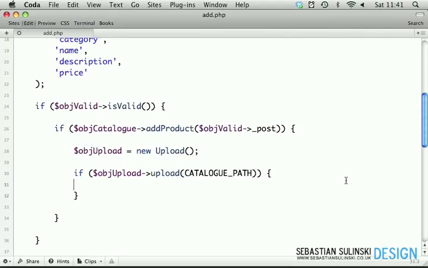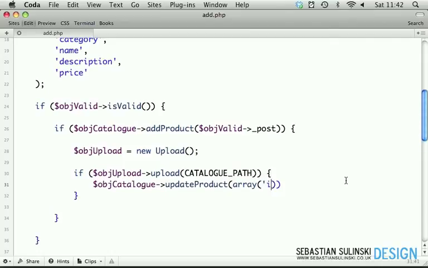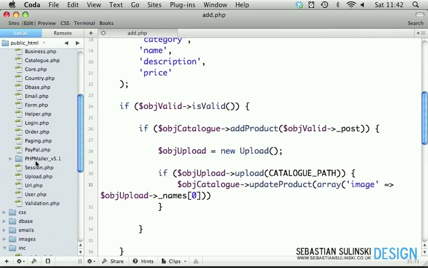So if it uploaded successfully, then we create an object catalog and use the update product method. We're going to pass two parameters. The first one will be an array of the fields. We will only be updating the image field, which will have the value of object upload, and we're taking the names and the index 0. If we open the browser again and open our